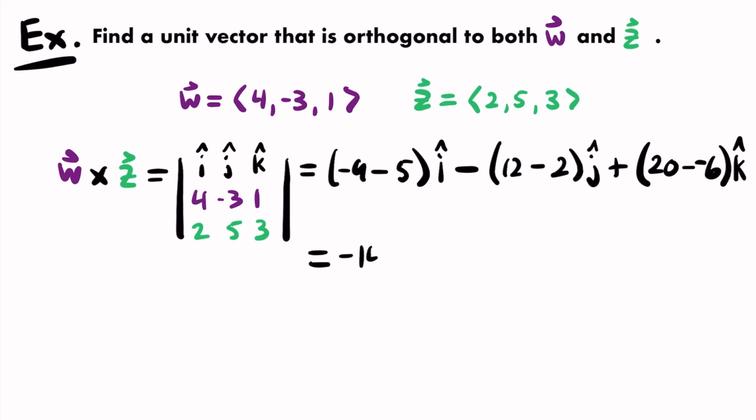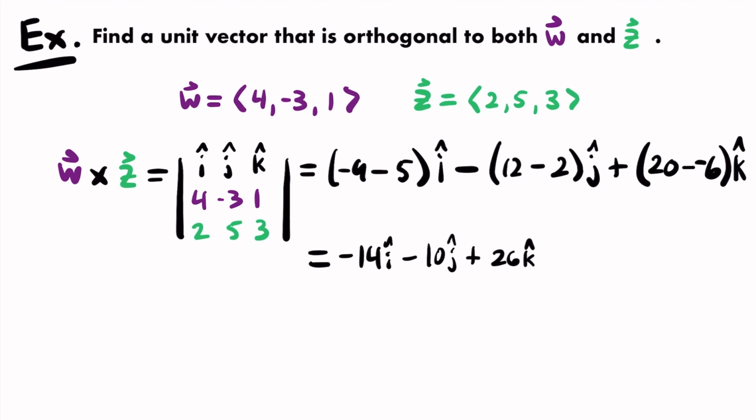That will be negative 14i. And then we have minus 12 minus 2 times j. That will be 10j, but then we're subtracting it. So we have minus 10j. And then finally, we have plus 20 minus negative 6 times k. 20 minus negative 6 is the same as 20 plus 6. So we have 26 times k. So I'll write plus